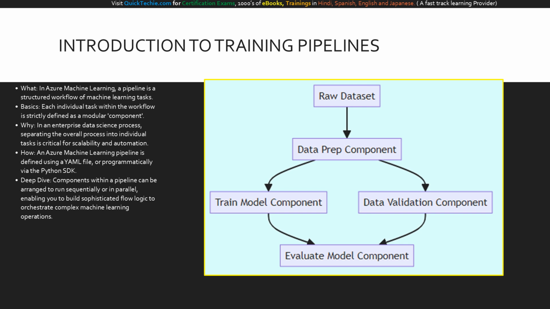Rather than having one massive, messy script, each task in your workflow is defined as an independent block called a component. Why do we do this? In an enterprise data science process, you absolutely must separate the overall process into individual, manageable tasks to scale effectively. How is this achieved? We define the pipeline configuration using a declarative YAML file, or we can use Python functions